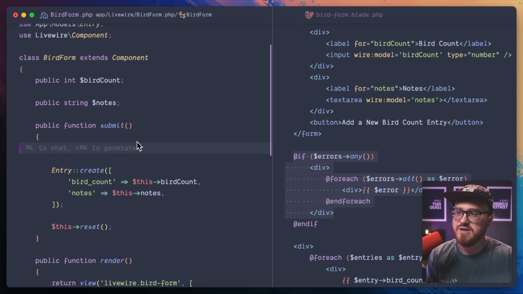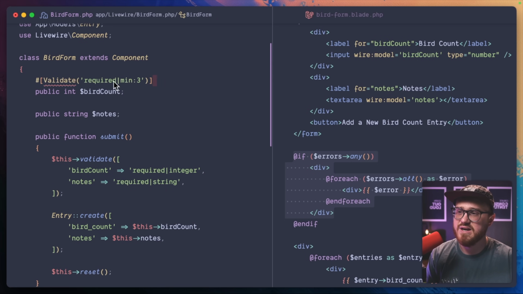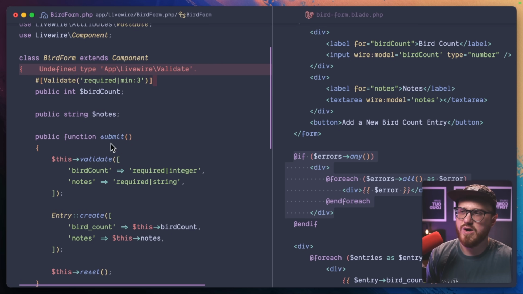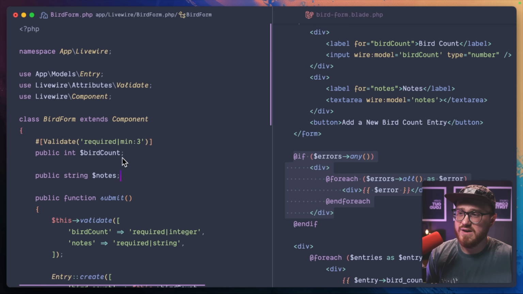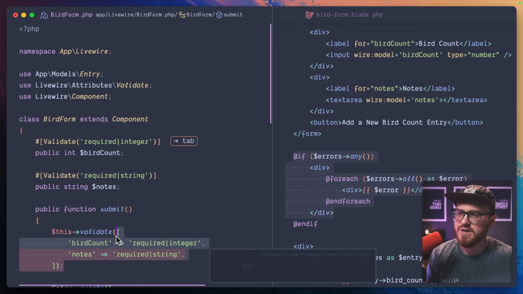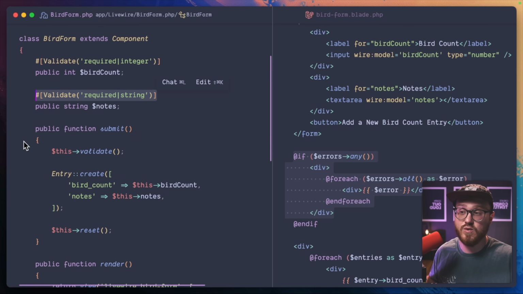Instead of the validation here, let's go ahead and replicate that. We would say, I want to validate. Let's pull this in, use Livewire attributes validate required, and we can say that this is an integer. And then we want to do the same thing here, validate required string. So now we can just call the validate method. And this is just going to say, now we have it set for all of our fields, no matter what